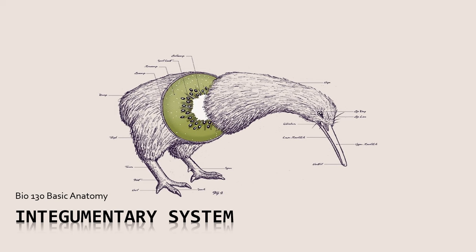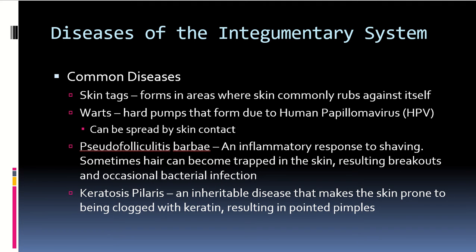And well, going away from this kiwi that has the internal structure of a kiwi, we are going to talk about some very simple diseases that may or may not really be terrible and are definitely very common, but you can think of them as abnormalities of the skin, of the integument. One of which can be skin tags, or basically pockets of skin that pinch and cling together. Typically, you'll see those where skin rubs against itself a lot, like in the armpits or around the arms and legs. There's also warts,